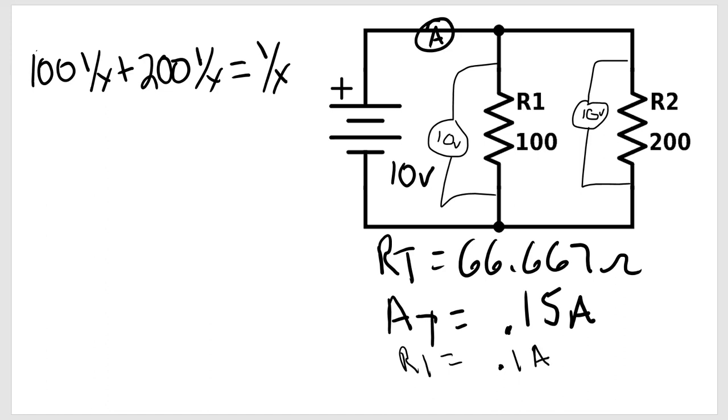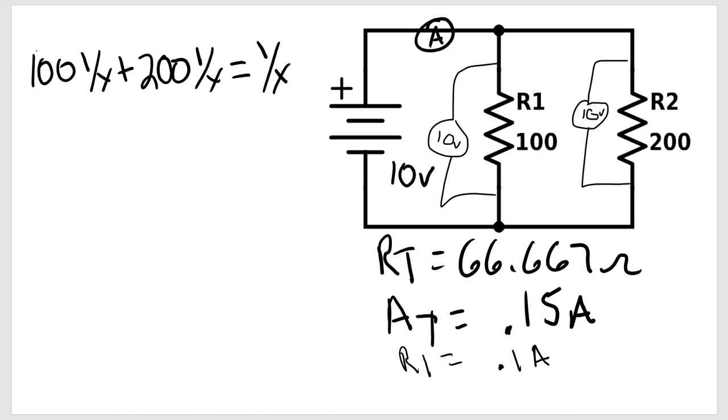Now, we know that Kirchhoff's law of amps says that our source amps are the amps we start with. Our total amps is 0.15. If we add up all of the amps in all the branches, so say this branch right here, the R2 branch, and then the R1 branch, if we add up the amps in both of those,